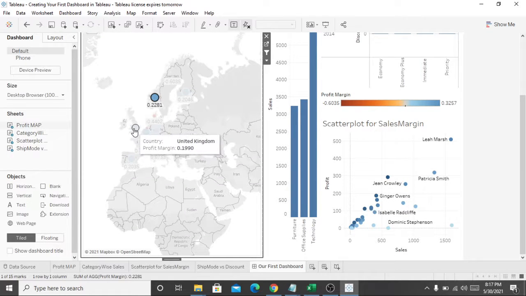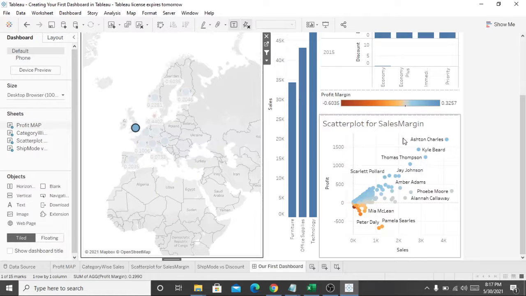And if we choose United Kingdom, see how the data changes and how the UK graph looks in terms of the scatter plot margin. These are the customers who give us profit for the sales margin, and over here these are the customers who are not giving profit, and so on.